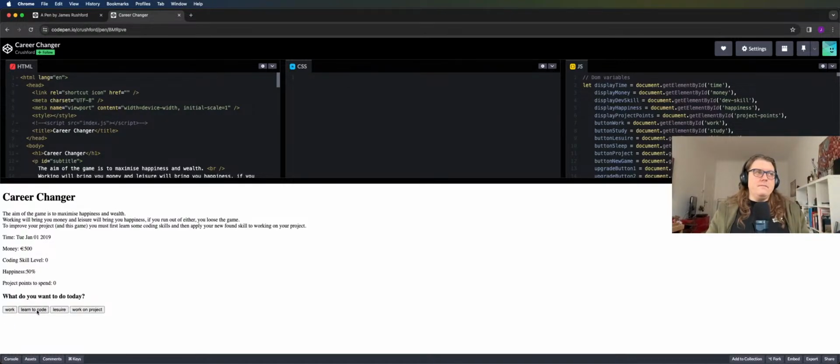So what you need to do is balance work, learning, and leisure. Work, learning, leisure. And this is good life advice. Balance your working, your leisure, and your learning to code. What happens if you learn to code and you're happy and you have some money, then you can work on